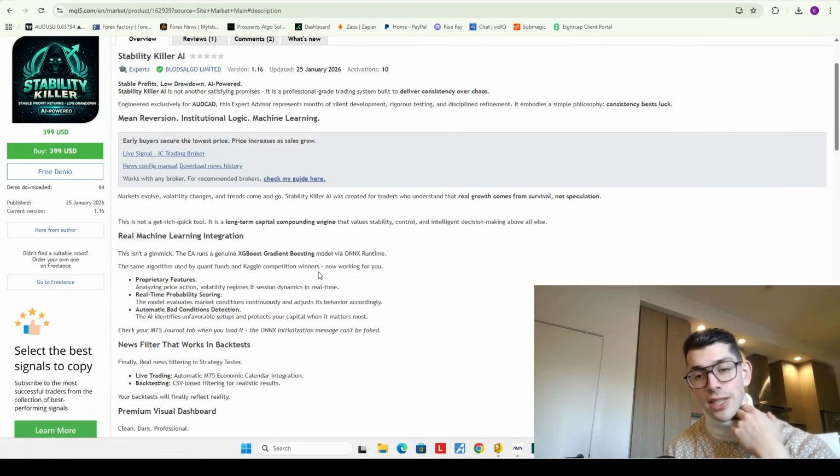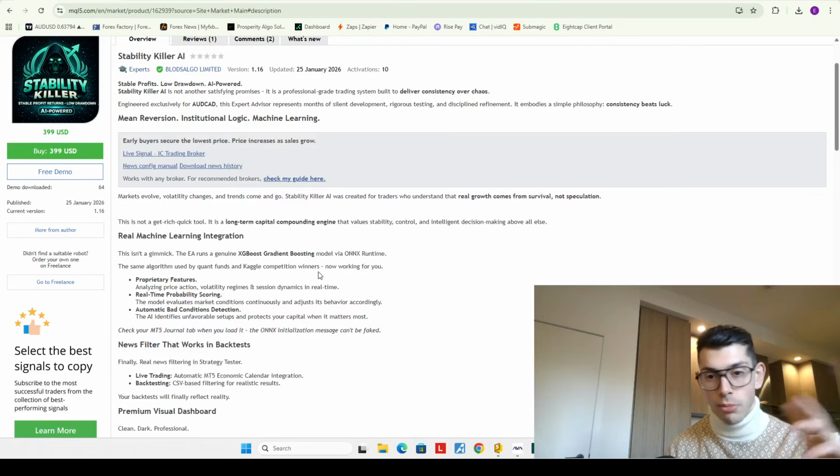And ONNX is simply the bridge that enables you to use a Python model in MQL5. ONNX is almost like a file format where you can save in ONNX format from Python, and then you can read said file in MQL5, which then enables you to use something which is created in a far more complex coding language, because MQL5, the actual language, is pretty limited. So if you can bridge a model over from Python, it can work really well. So all of this to say, pardon my rambling, this is a real type of AI.